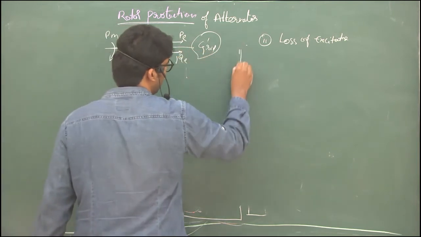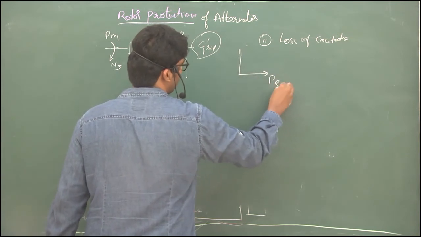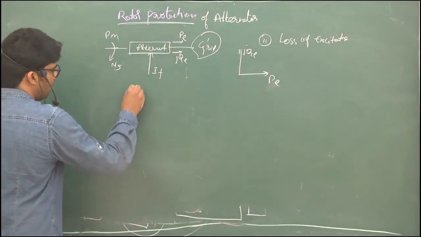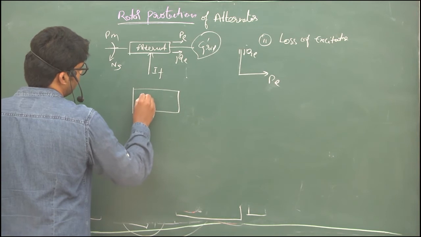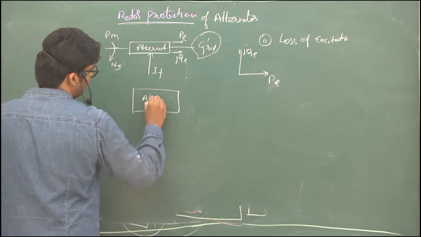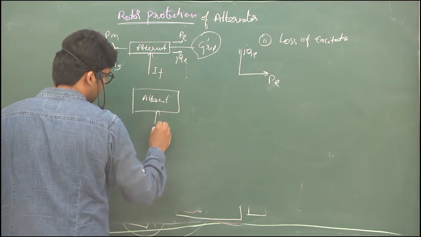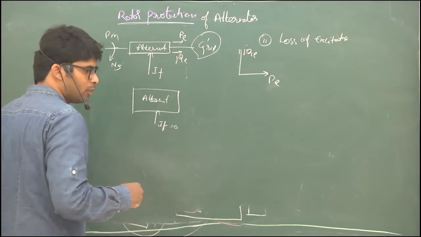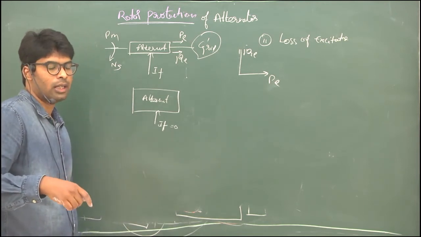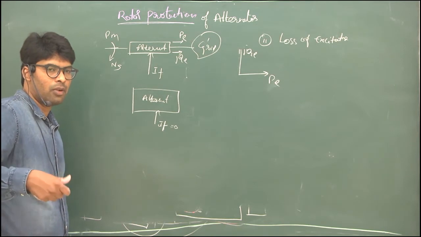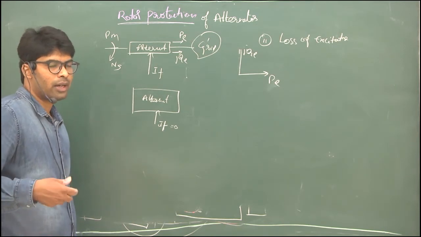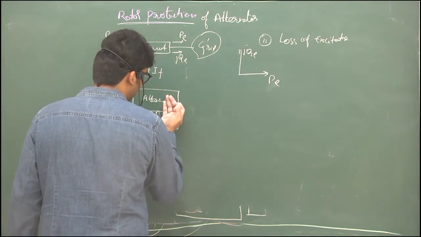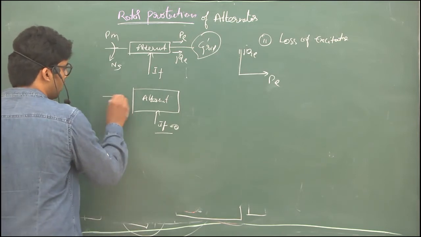This will be fed to the grid, and we have a phasor diagram of active power and reactive power under normal condition. When all of a sudden a fault, loss of excitation, occurs, it means the excitation is lost. There are four different reasons. There may be a loss in the winding of the field, or a loss in supply of the prime mover of the field excitation, and there are different considerable losses in the field system. If the field is lost here, that means no field is generated for the alternator.